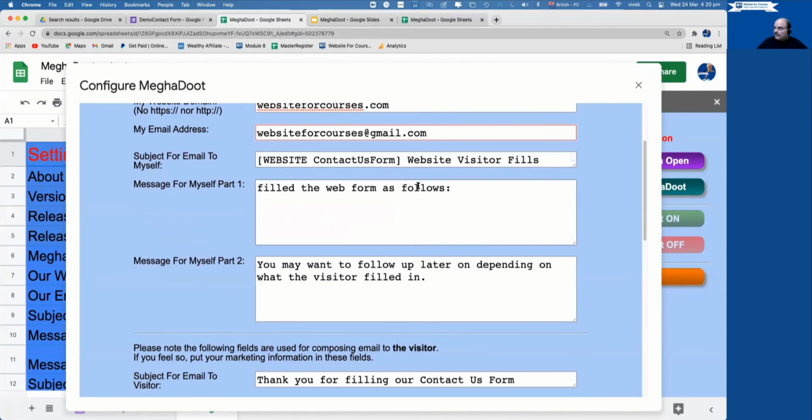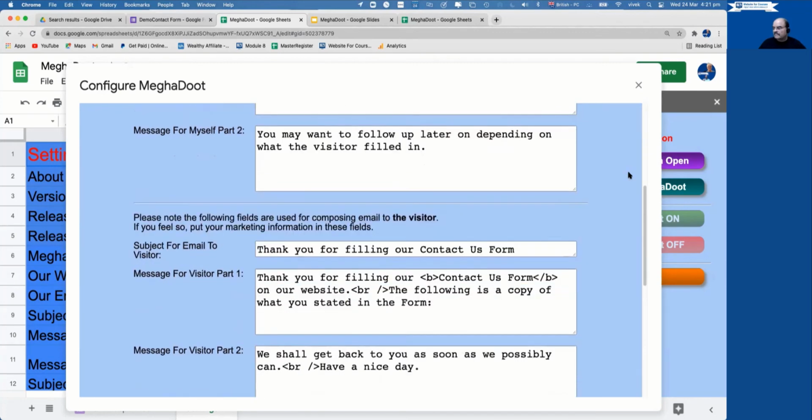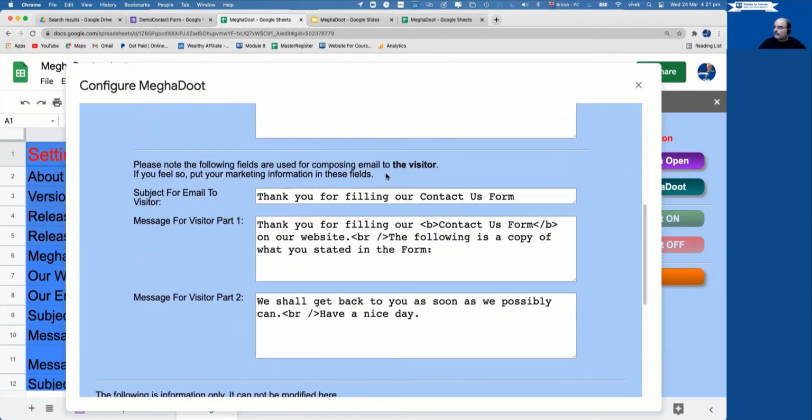And this will be part of the message that it sends to me. Whenever a visitor visits my website and fills in the form, an email comes to me saying that somebody has visited the website and filled the form, and these are the details. At the same time, these fields are used for composing an email to the visitor.